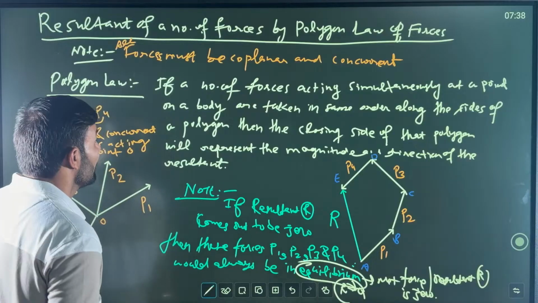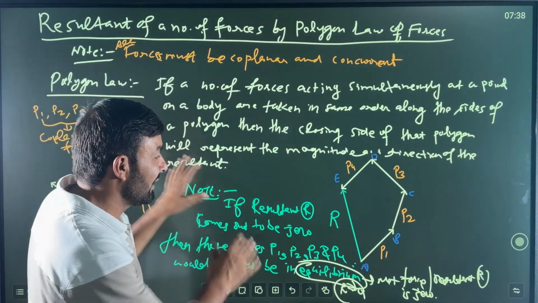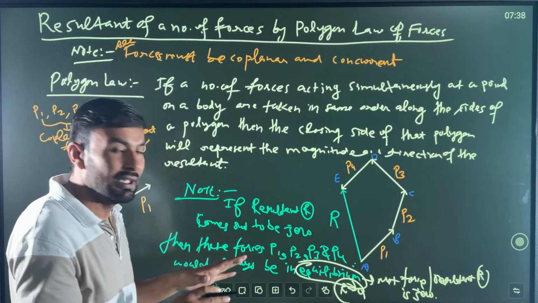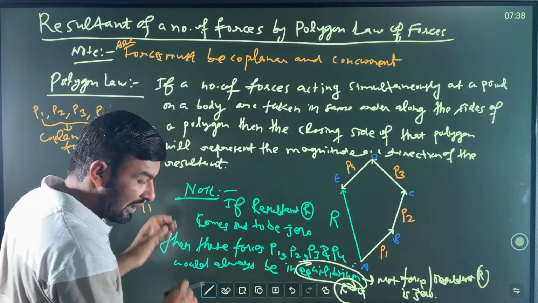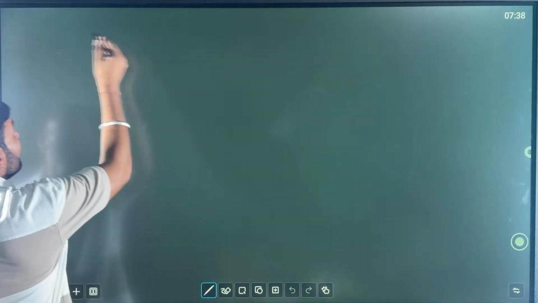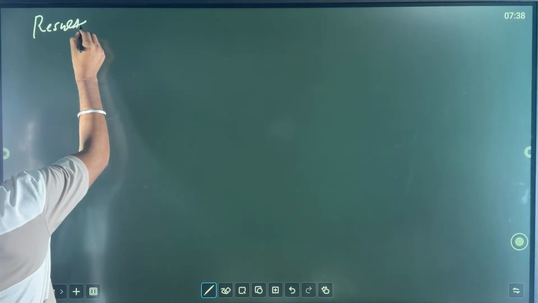So now let us move ahead. अब रिजल्टेंट को एनालिटिकल और ग्राफिकल अप्रोच से कैसे निकालते हैं, पॉलीगॉन लॉ की मदद से या एनालिटिकल अप्रोच यूज करके। Let us move ahead, my dear friends. So now resultant, finding of resultant, my dear friends, finding of resultant by